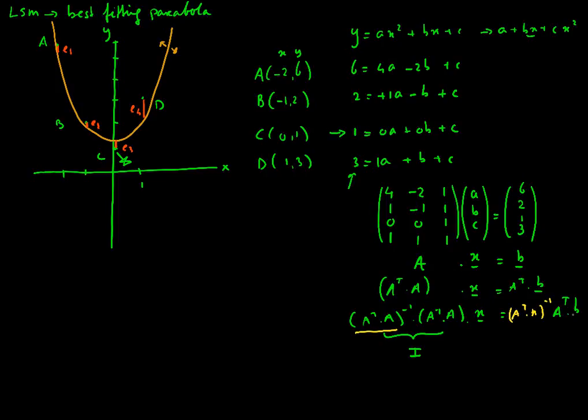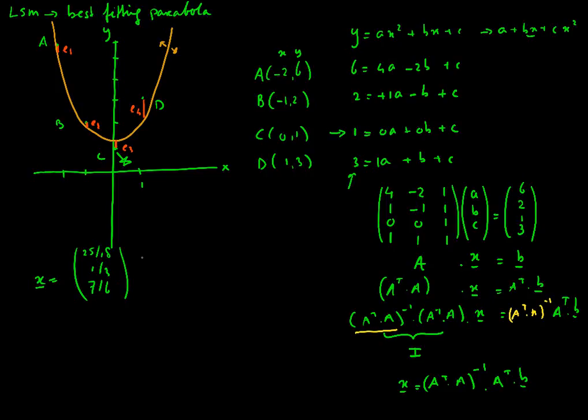So I put this extra here, so I put it here as well, extra, so (A^T A) inverted times what was already there, A^T B. So in the end I have x equals (A^T A) inverted times A^T B. So you put this in a computer, your calculator, whatever. Having done that, and maybe you should stop the video and try that,